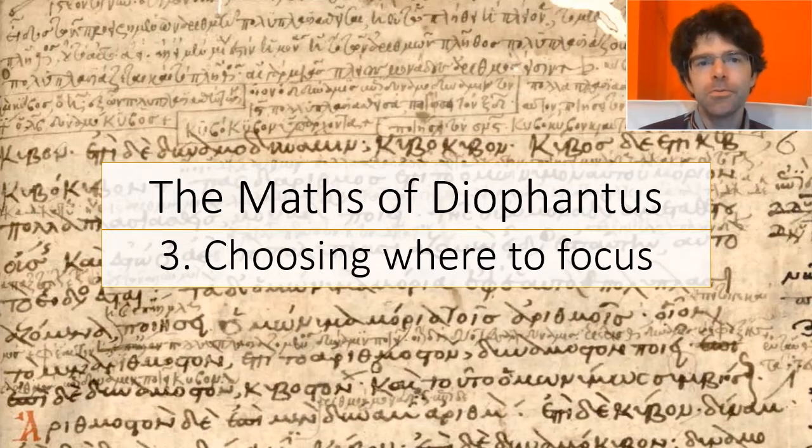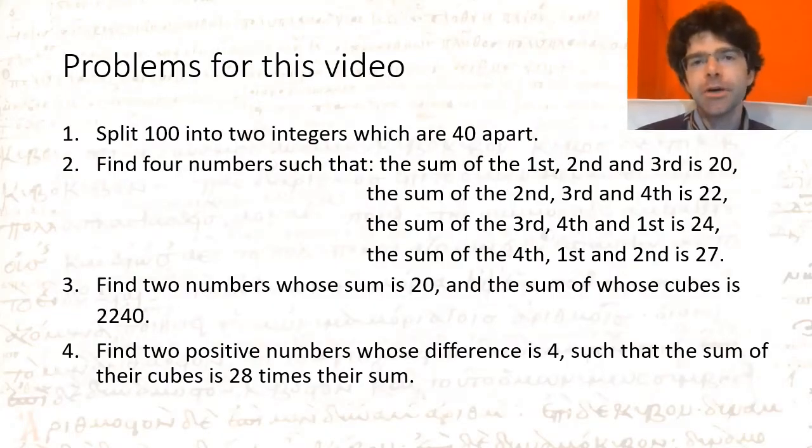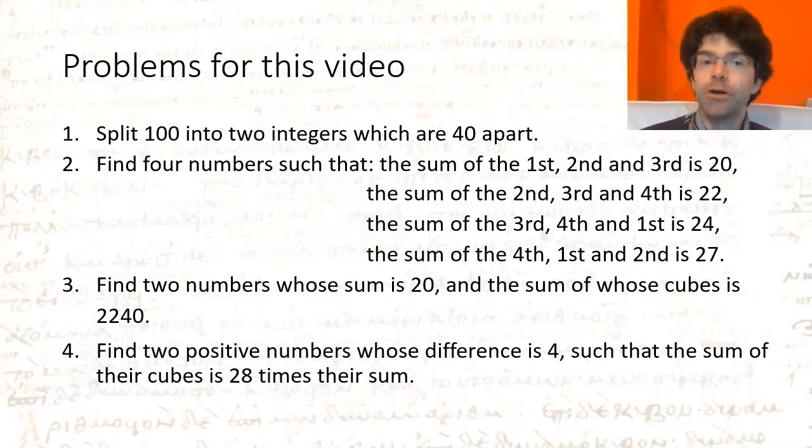In this video, we're going to look at pretty much the first challenge that faced Diophantus in any problem. What part of the problem should you assign this unknown symbol S to? We're going to focus on the following 4 problems, and I'd really advise you to pause the video and think about how you would approach them before I talk you through Diophantus' approach, because that'll make the latter stand out a lot more if you've tried them.